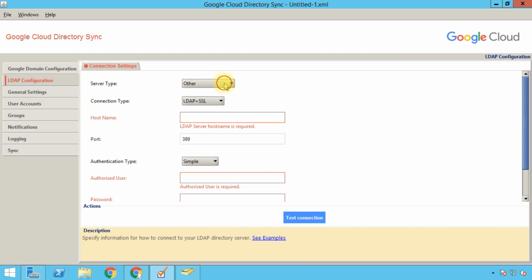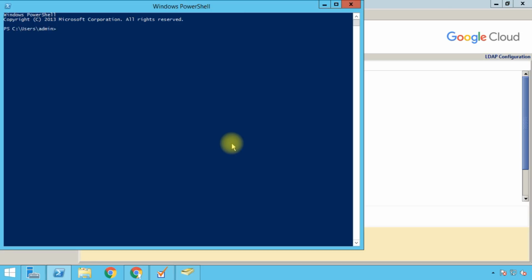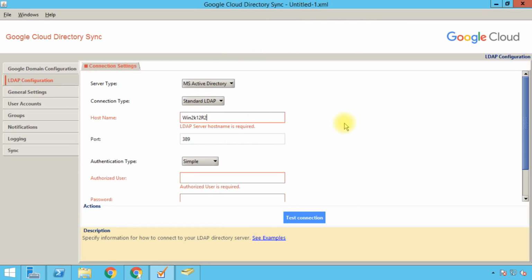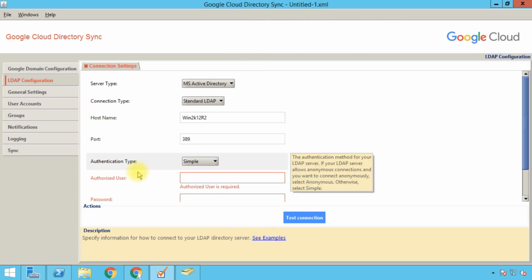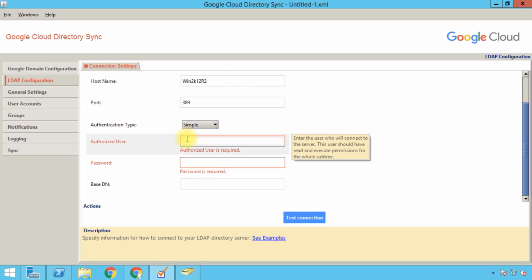And first of all, we'll have to select the server type as MS Active Directory. Then the connection type will be standard LDAP, and then the host name. Let me get the host name because I always forget it, even if it is a small and a very easy one. And this is the host name for my machine. Then I will keep the port on default, and the authorization type is simple, and basically we need to type